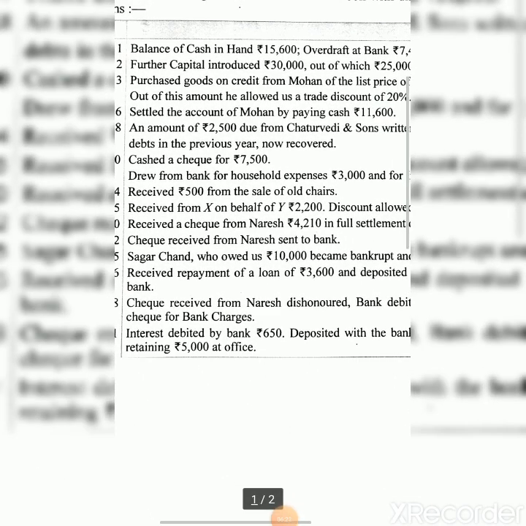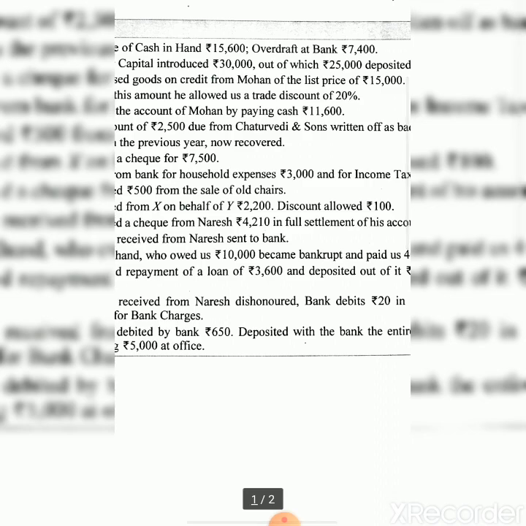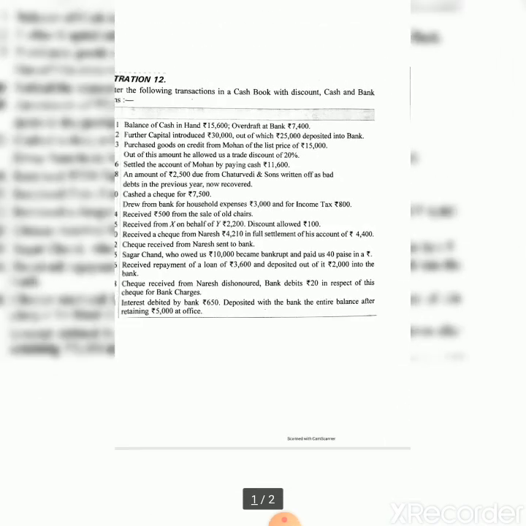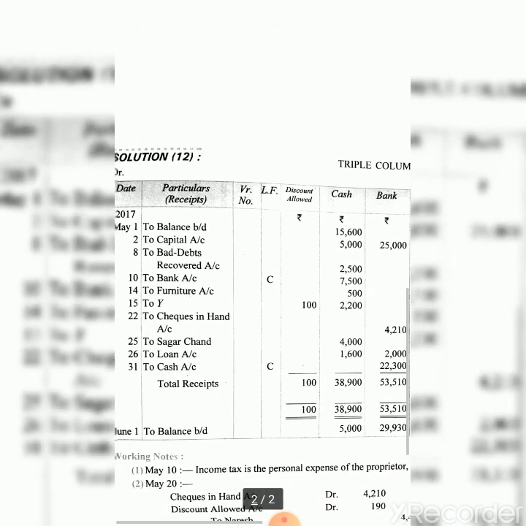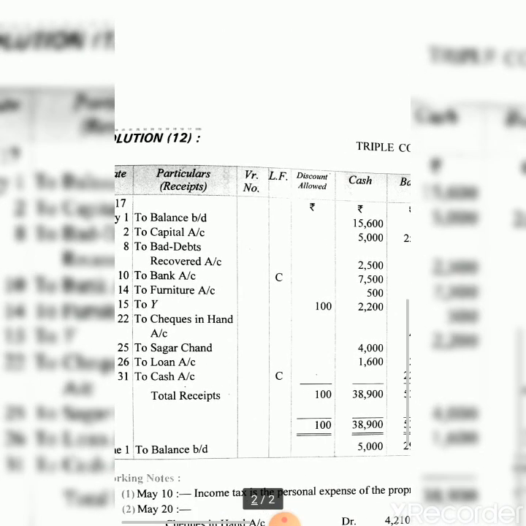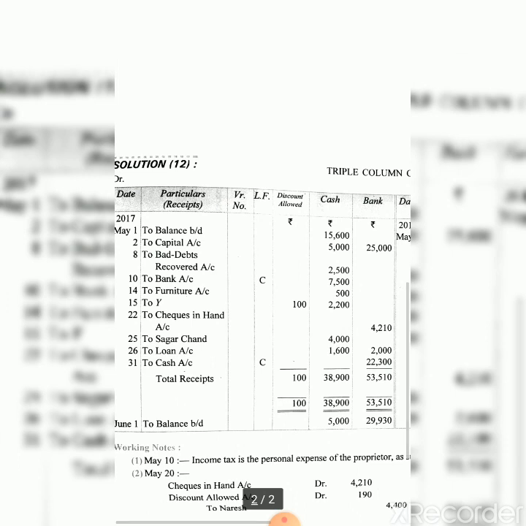Received from X on behalf of Y rupees, discount allowed 100. That means 2,200 was received. Now whom we will credit? Even if X is paying us money, if it is for the dues of Y, then we will credit the Y account and not X account. So the entry will be cash account debit to Y, and since discount is allowed, so we will write 100